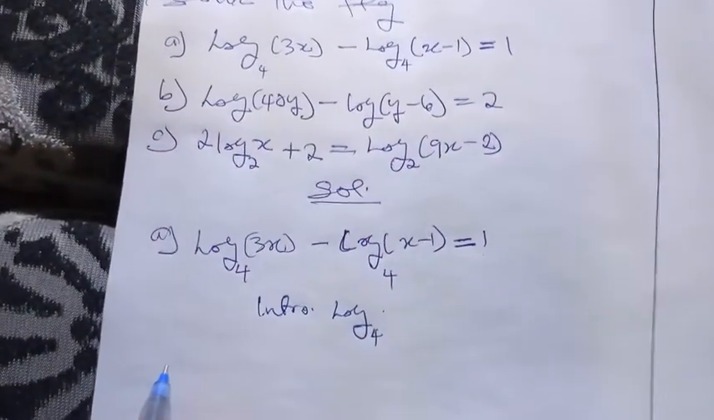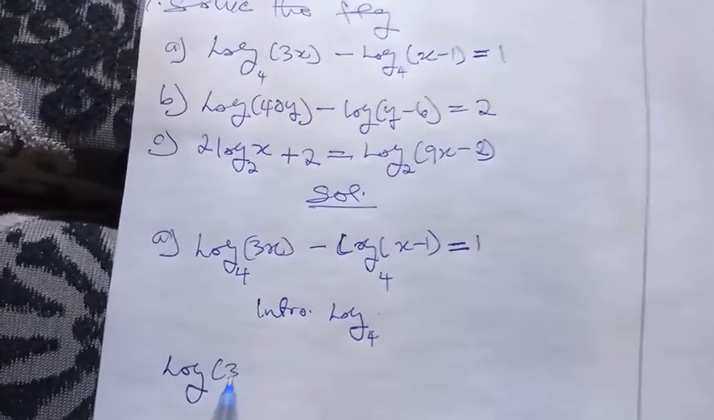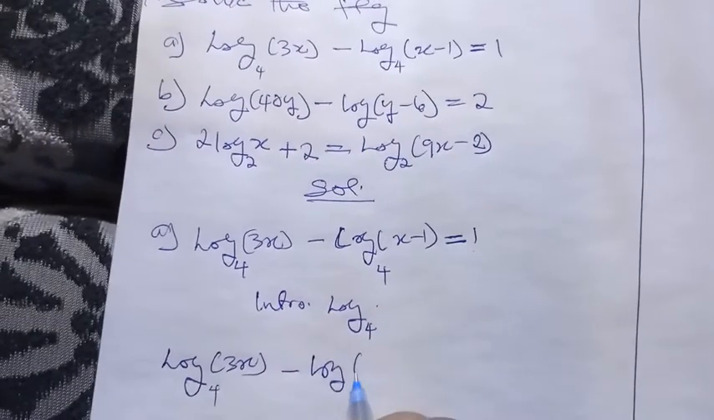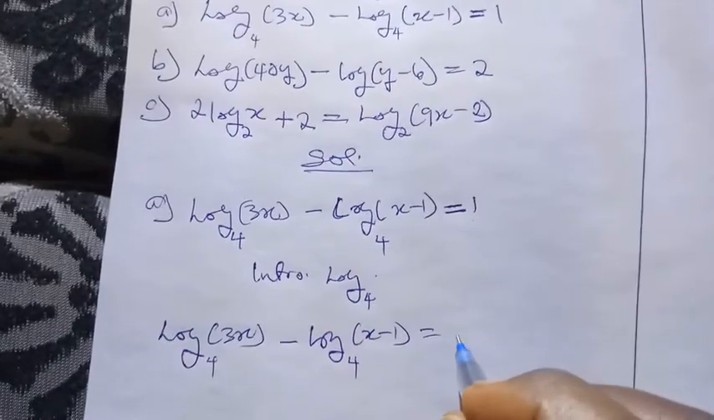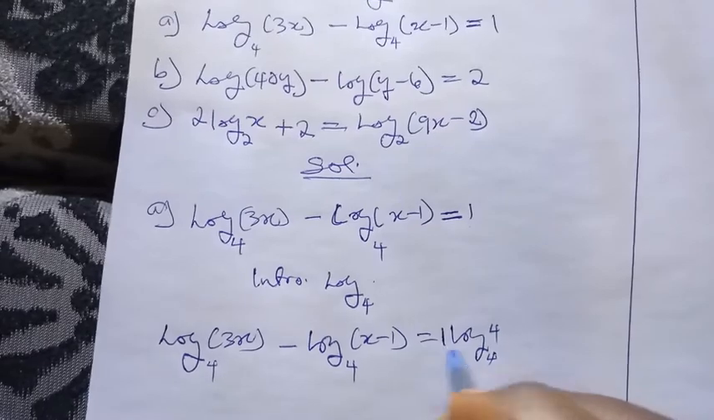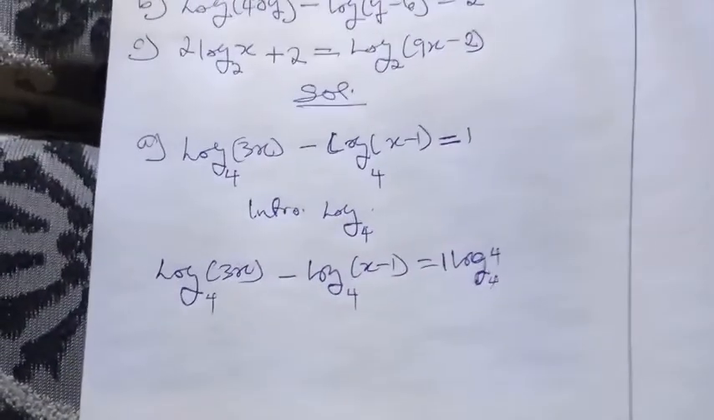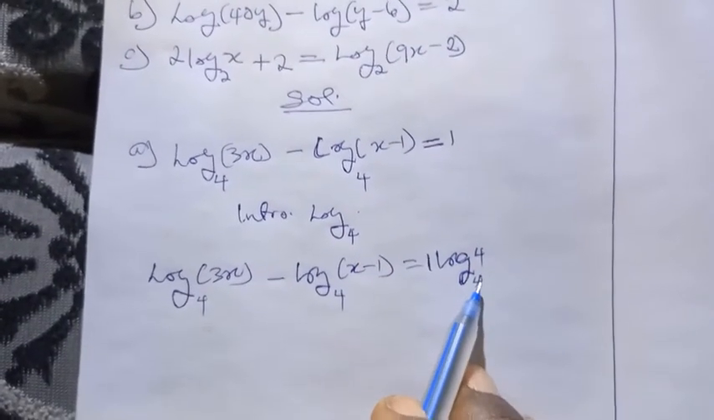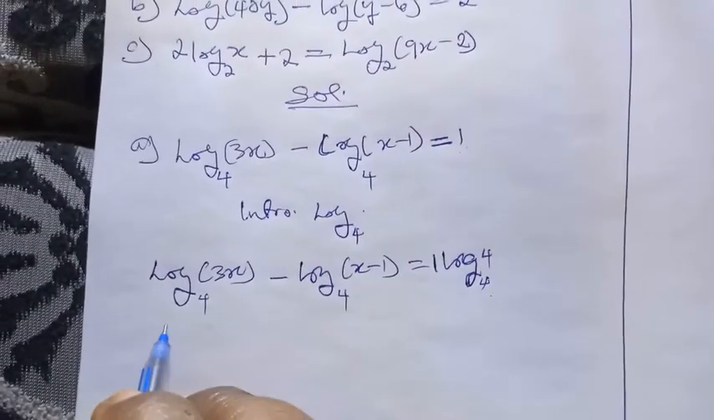Okay, we have log 3x base 4 minus log x minus 1 base 4 is equal to 1 times log 4 base 4. I do not have to put the 1 here, but even if I do, it doesn't change anything, right? So log 4 base 4 is 1, multiplying 1, which is still 1. It still leaves me with 1 over here. So we're going to have